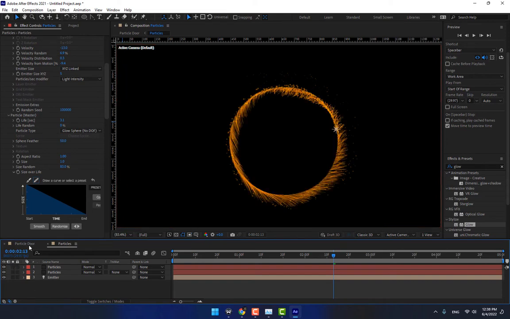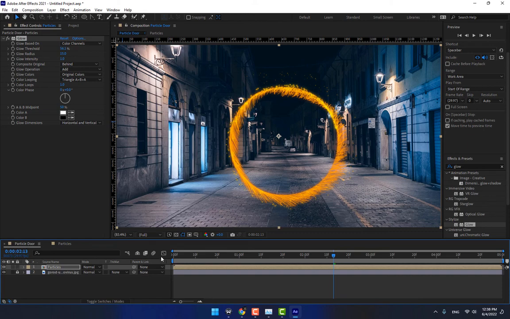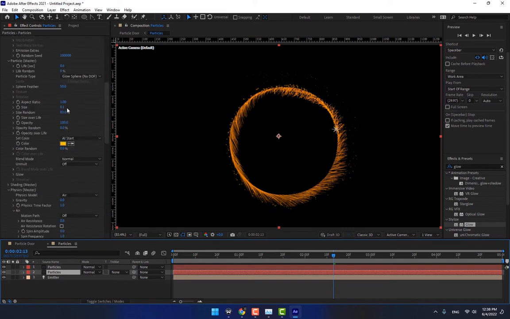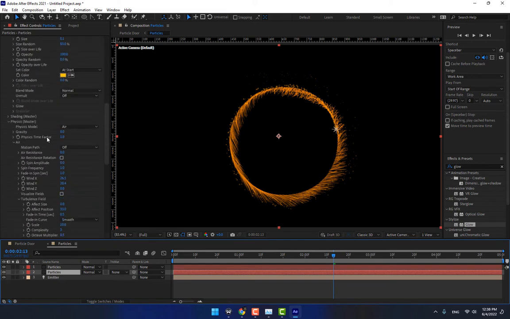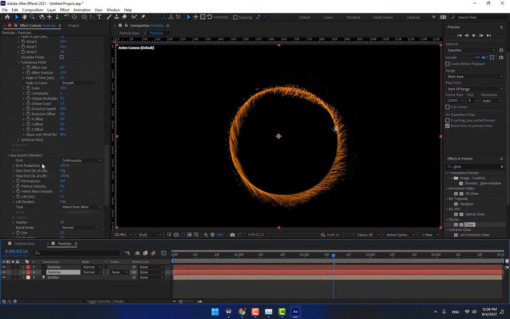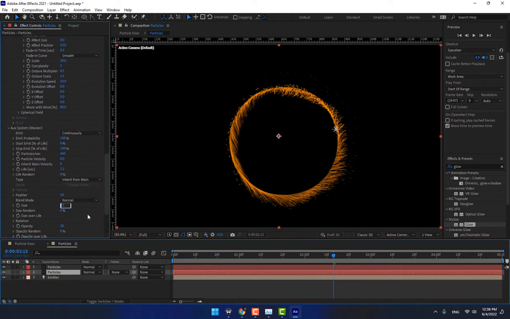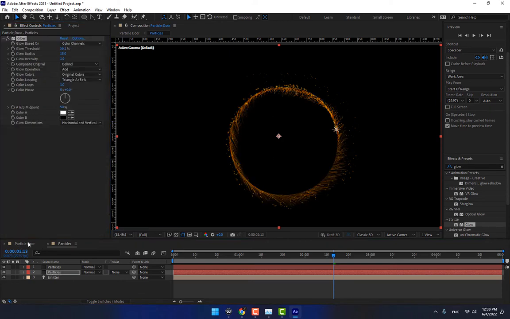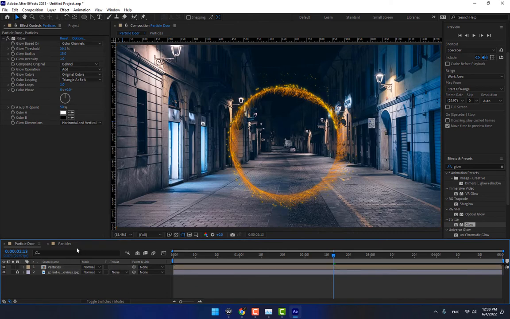Turn on both and going here and right click. Before right click, select again the particles and go down, go to aux system continuously and change size 0.1, enter. This is the 0.1, enter, select again